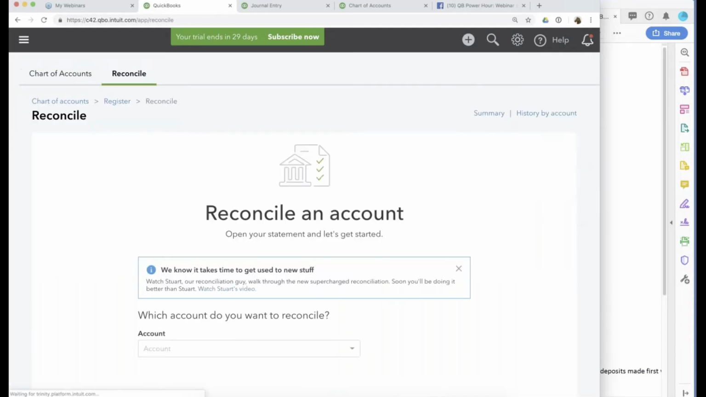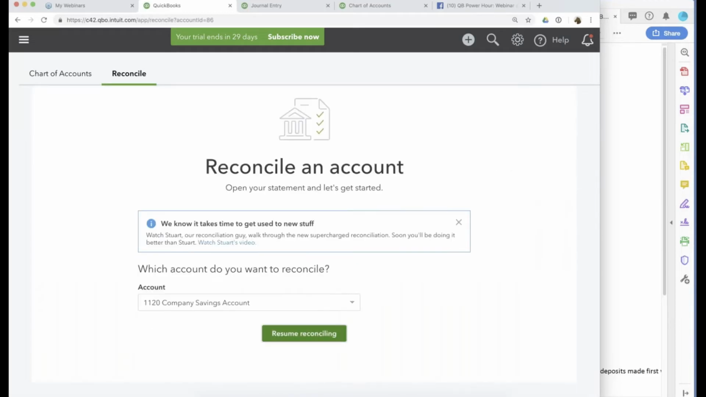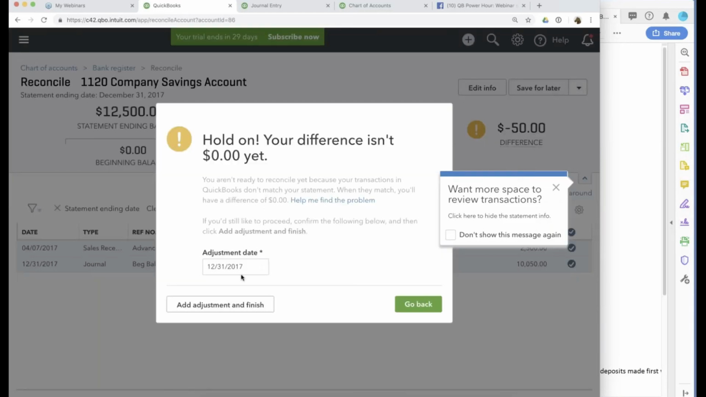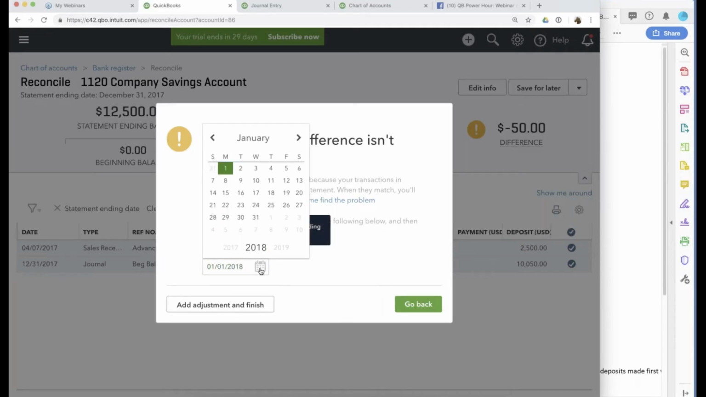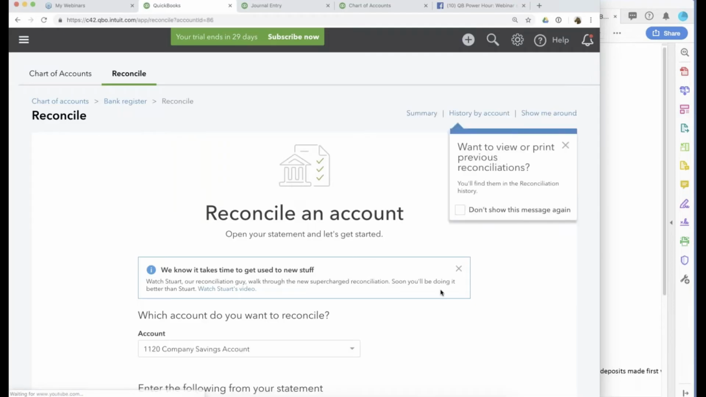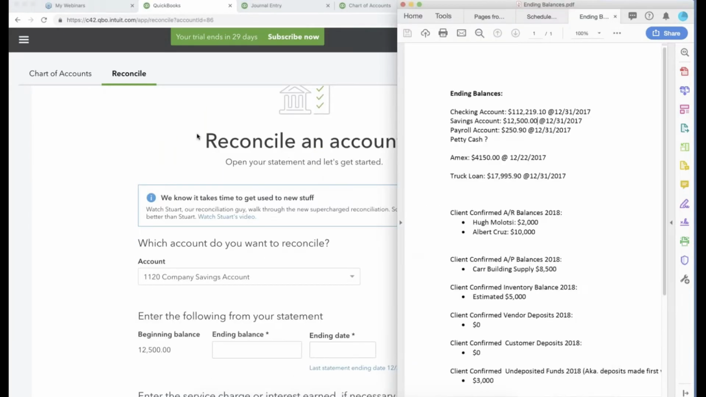So I'm going to click on save for later. Whoops, it was actually finish now. So I'm going to go to finish now. I'm going to change the date to today. January 1st, 2018. I don't know why it's not letting me. I'll roll this back to December 31st, and then I'll change it afterwards. So let's roll that back. Hit done. And then the next one's going to be our payroll accounts, which is